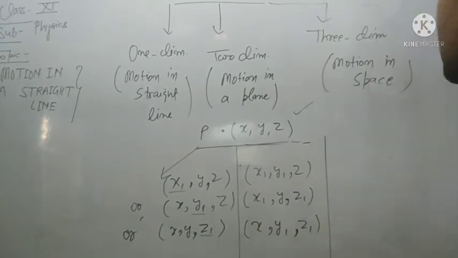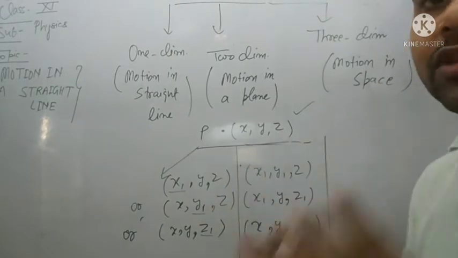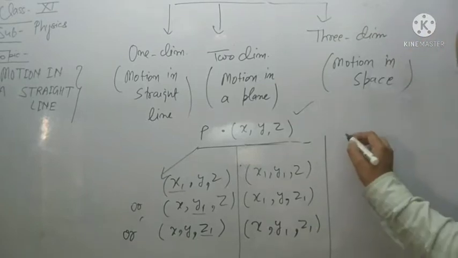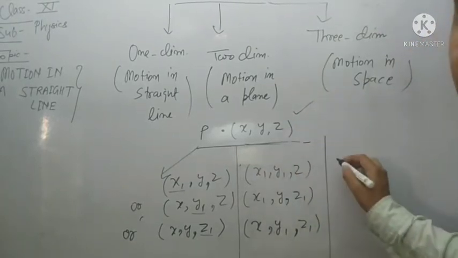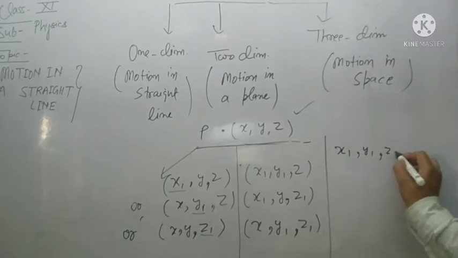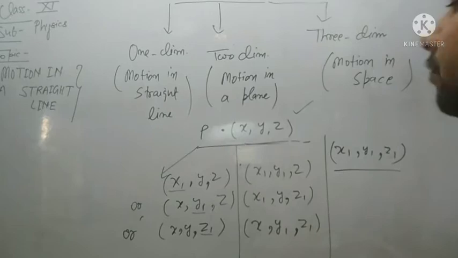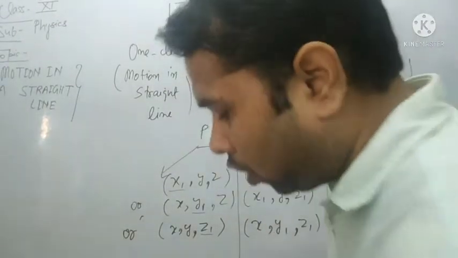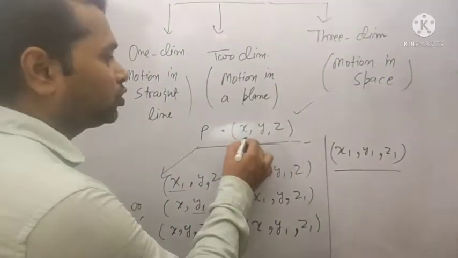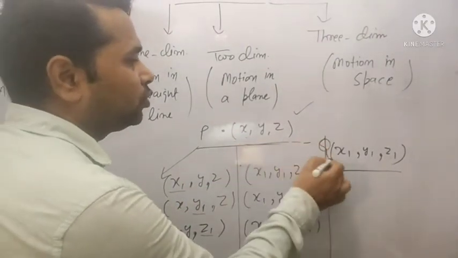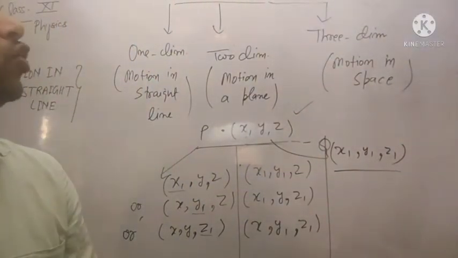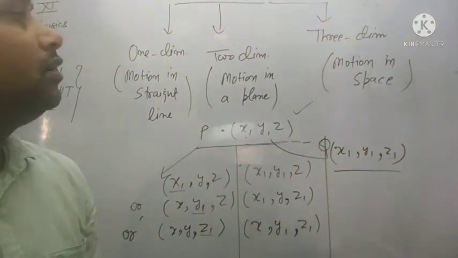Now in three-dimensional motion, all the three coordinates will change with respect to time. Means initial position x y z, then the new position becomes x1 y1 z1. Okay, means all the three coordinates change here with respect to time. देखो initial position p and new position is q. So all the three coordinates change. So this is the motion in three dimension